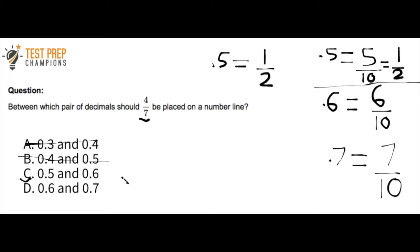All right, so what I want to do now is take the 6/10 and compare it to 4/7. And to compare fractions, we need to get a common denominator. So for 4/7, I'm going to get a common denominator by multiplying both the bottom number and the top number in the fraction here by 10. And so when I do that, I'm left with 40